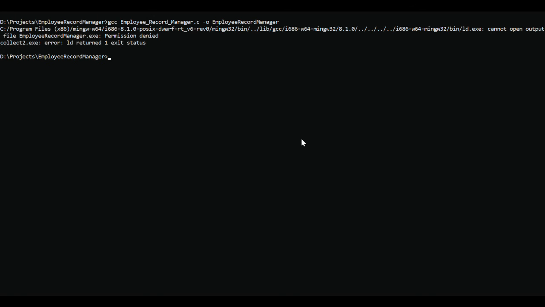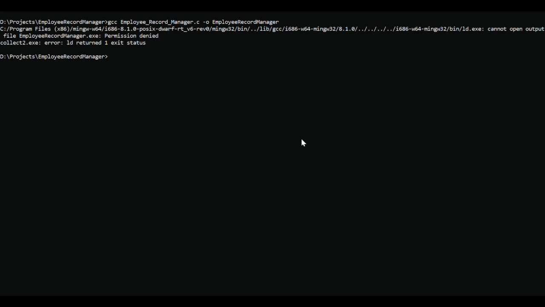So here I am on the CMD, and as I have said, I have done it before also, so that's why I am already in the folder, which you can see. I think you would already know how to use CMD. So I am using the CMD as a compiler and as a code runner. As I have said, I have done this before, so I'm just compiling the program.